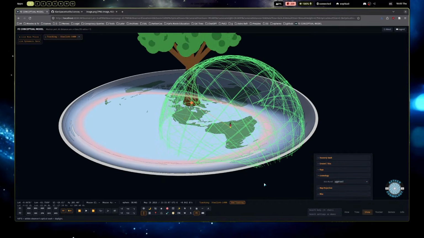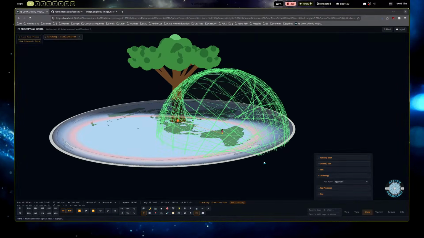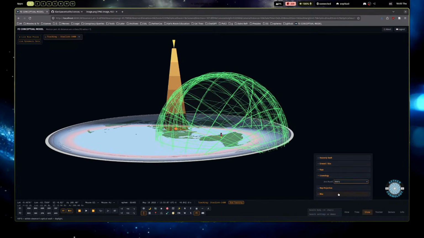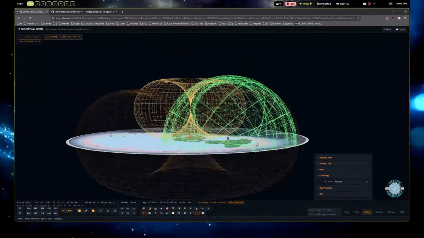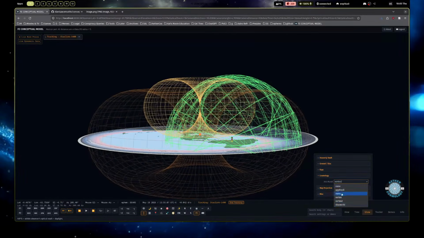So if you want to put a Yggdrasil tree at the North Pole and postulate what it would be like if there was a giant tree at the center, you can indulge in some of that. You can put Mount Meru up there. You can put different toroidal vortexes here. This one's my favorite. Just different stuff you can do.